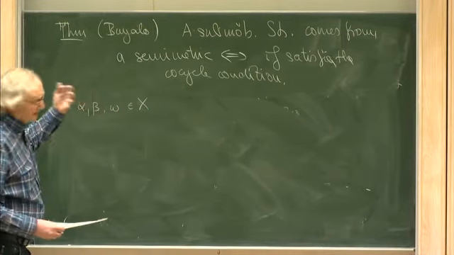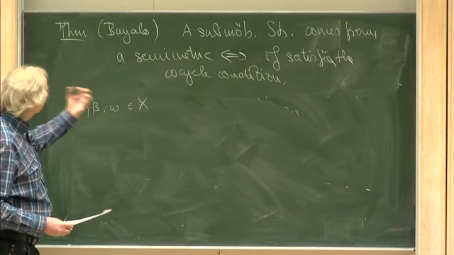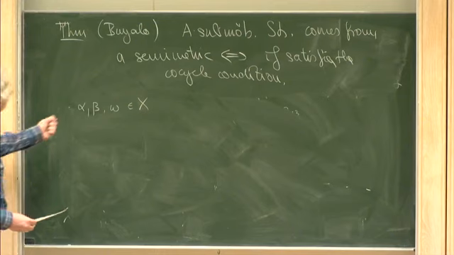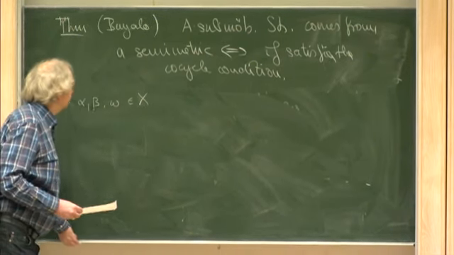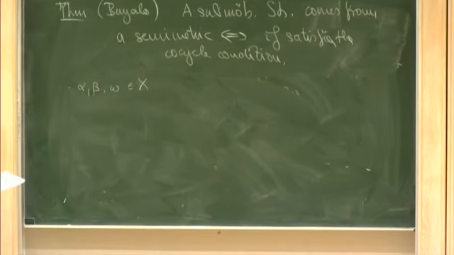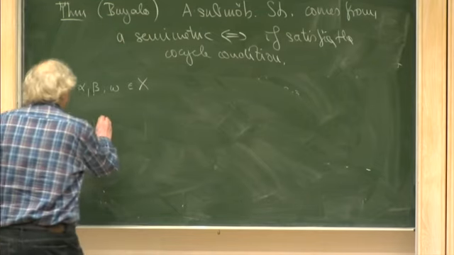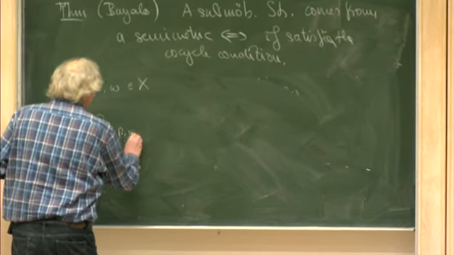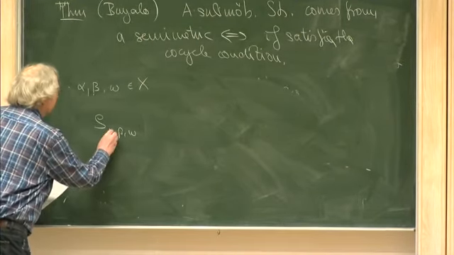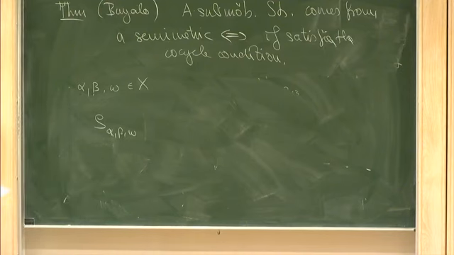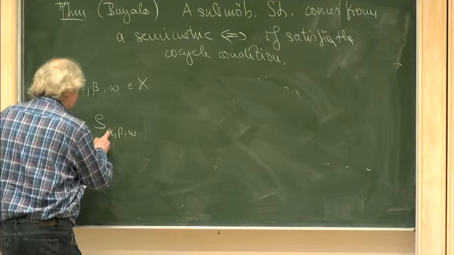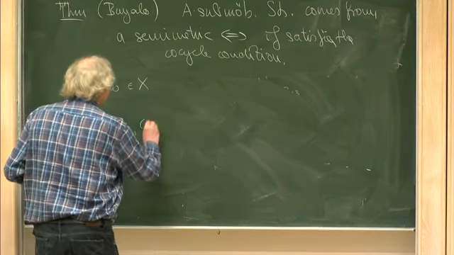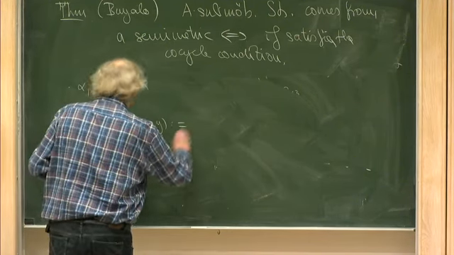You have to define out of the sub-Moebius structure the symmetric. So you can choose 3 different points, alpha, beta, omega, and then define finally a symmetric. It turns out it's a symmetric which depends on alpha, beta, omega. And this is defined